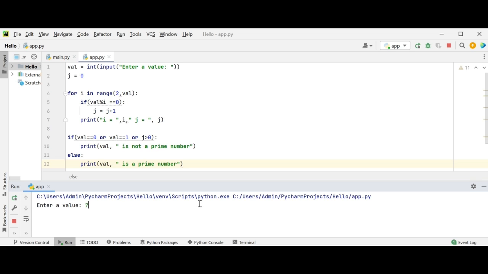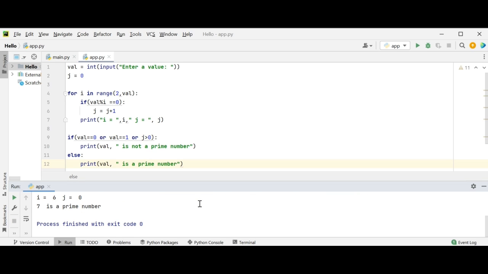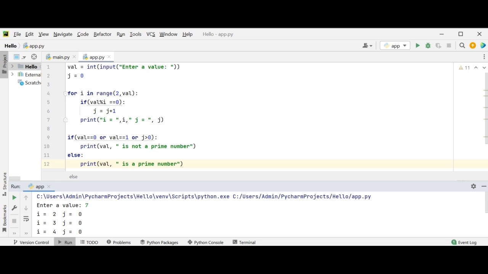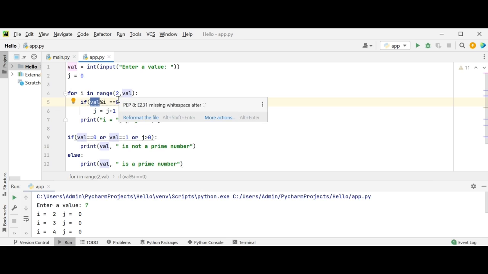Say I'll give 7. I have entered the value 7, for I in range of 2 comma 6. So first, 7 modulus 2 is not 0. So it is going to print the value I equal to 2, j equal to 0. And it is going to continue with the for loop where I now becomes 3. 7 modulus 3 is again not equal to 0. So it prints the value of I and j and then goes on with the next iteration where I will